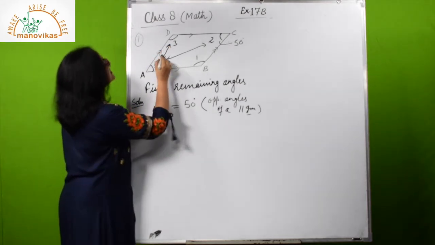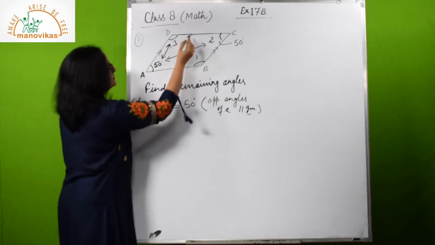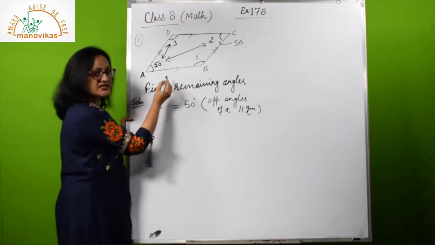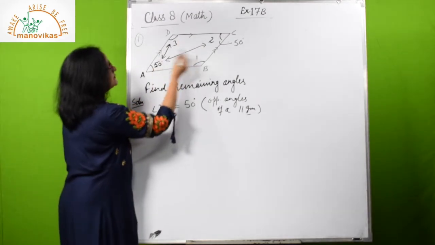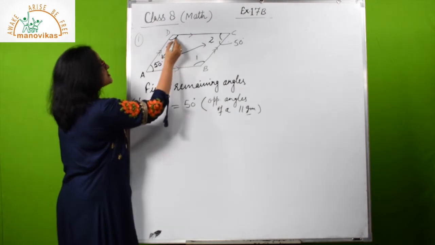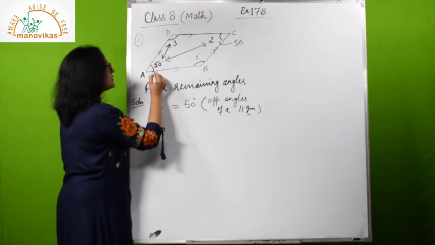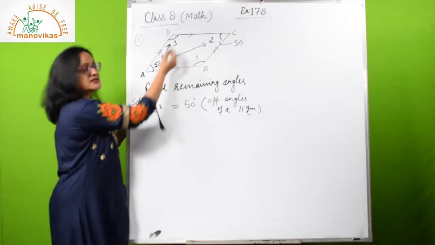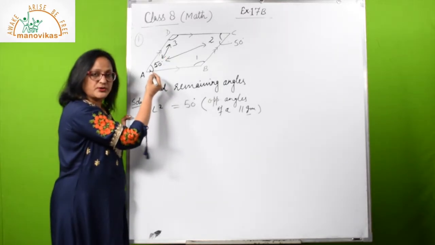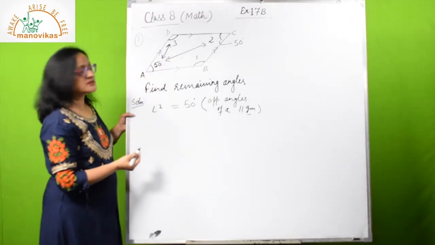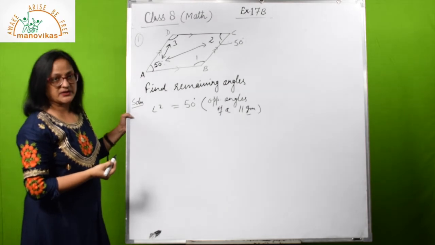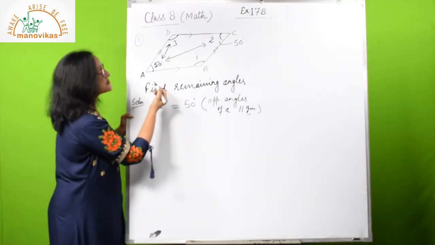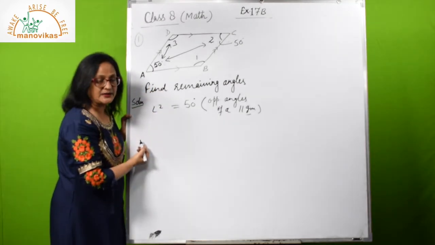Now if you can see here, this is a parallelogram, these are two opposite sides parallel and these are parallel sides. So which type of the angles they are forming here? 50 and 3. They are adjacent angles. So the second property of a parallelogram, that the adjacent angles are supplementary. So here we are going to use second property of a parallelogram.